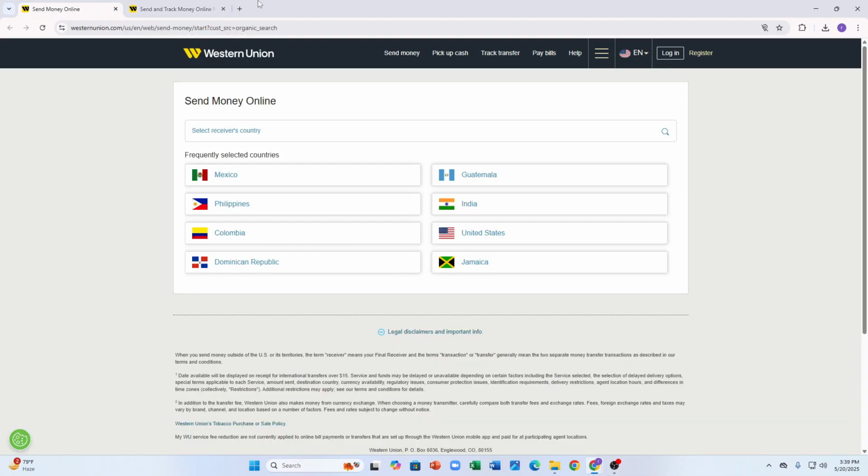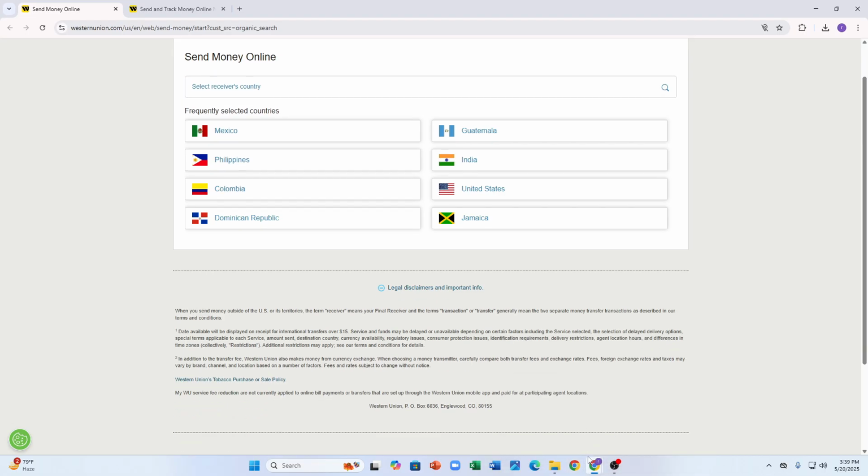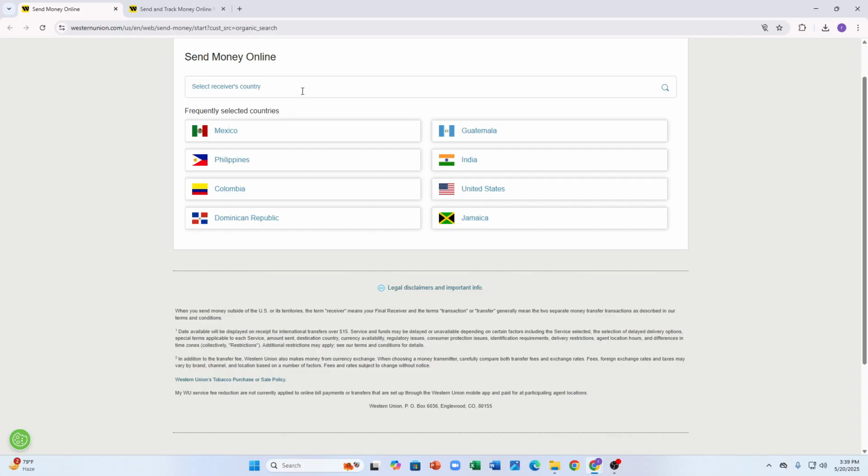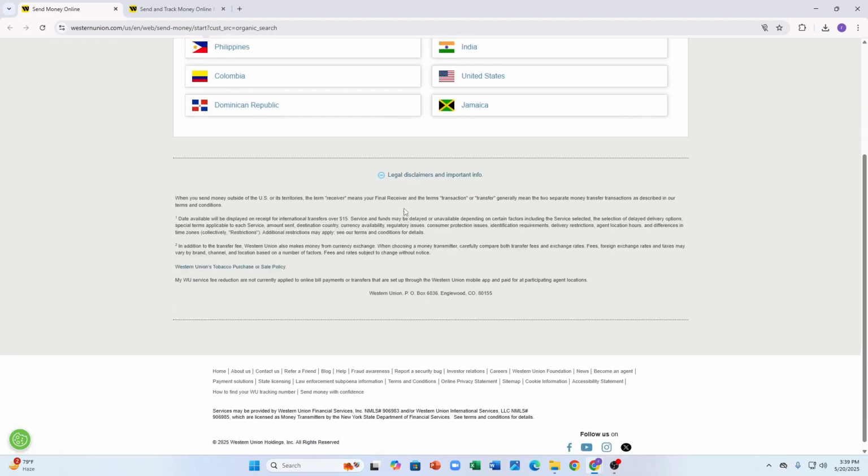Select the country and bank account where you want the money sent. You will need the recipient's bank details like the account number and the bank's name. Enter the amount you want to send, confirm the payment method like debit or credit card or your Western Union